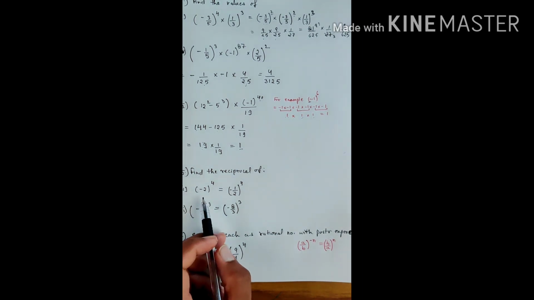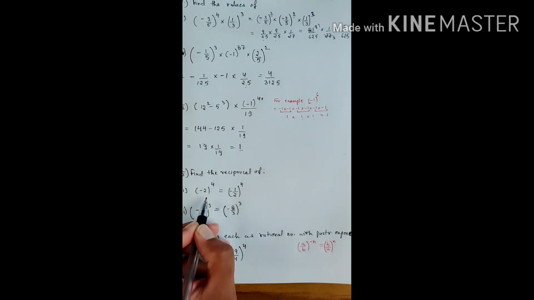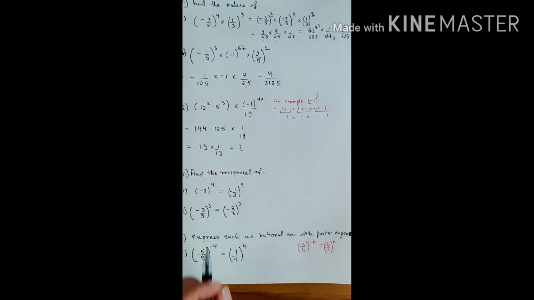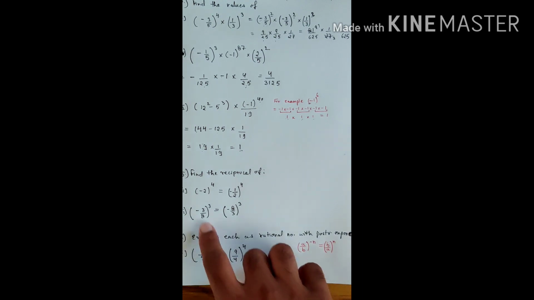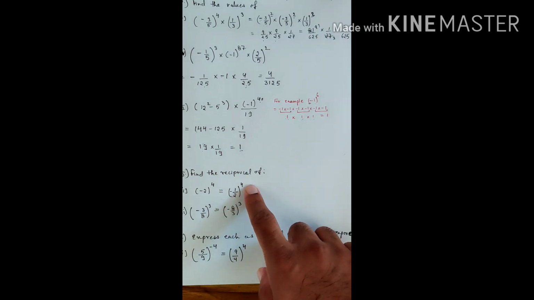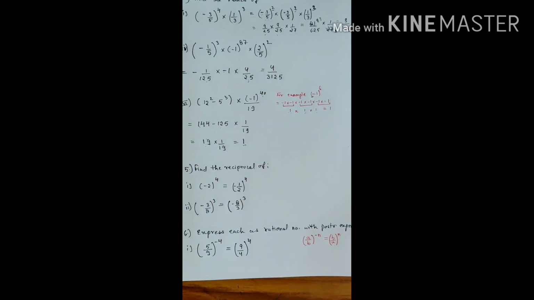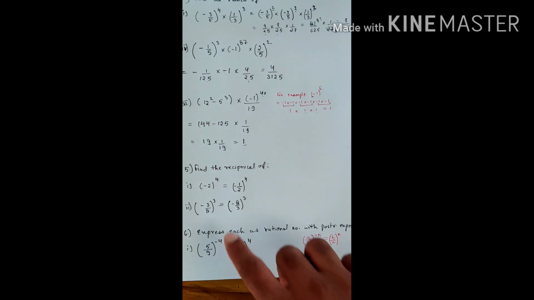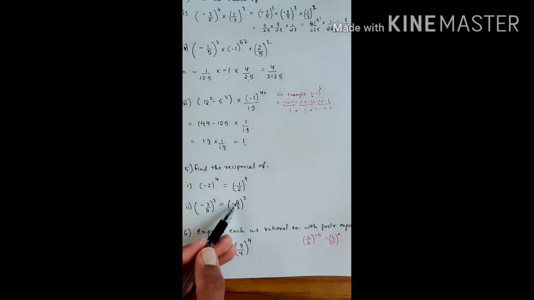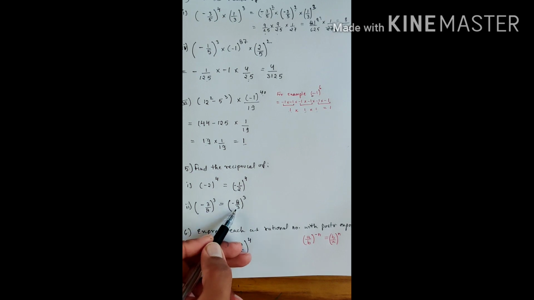So here they have given minus 2 raised to the power of 4. When we reverse, this 2 will go below and 1 will come over here because we have done a reciprocal of it. Signs will not change, minus will come here only, and again power will be 4 only. Now the second part says minus 3 by 8 raised to the power of 3. Again we have to do nothing, just the reciprocal. So 8 will go in the numerator and this will come in the denominator, and your power will remain the same.